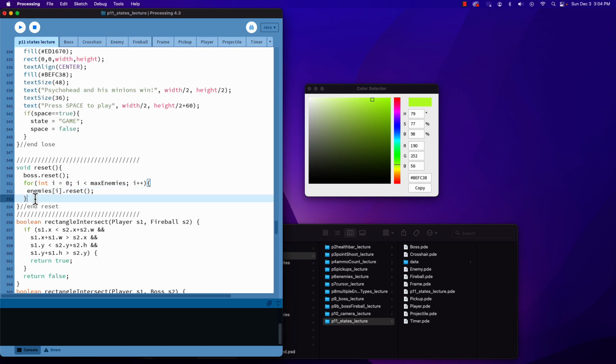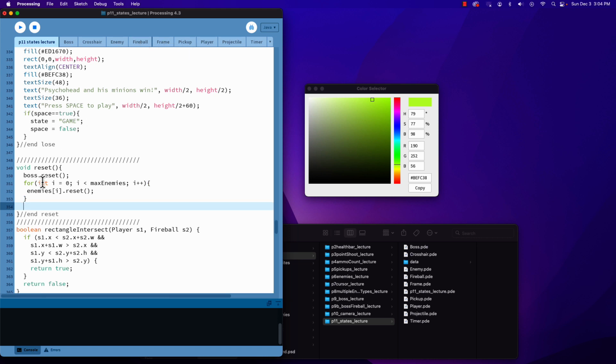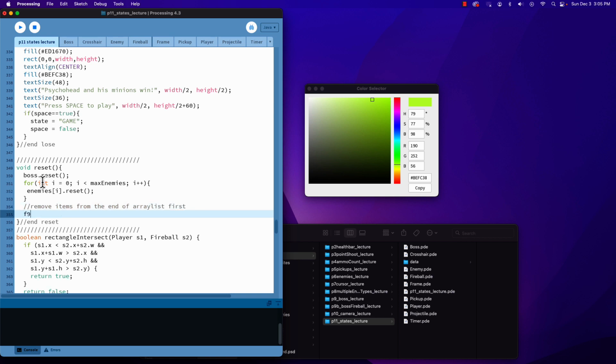Now going back over here, we've done the enemies. Fireball pickups are next. Now the pickups, we're using not an array, but an array list. And it's recommended, when we are removing from an array list, to remove items from the end of the array list first. So the way that works, we use a for loop, similar to what we've done, but instead of starting with i is 0,